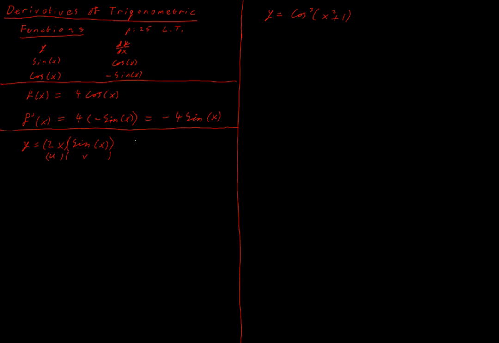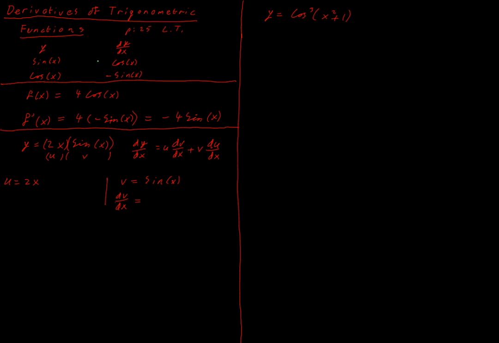I know that from page 25 in my log tables, dy dx is equal to u dv dx plus v du dx. And I always write that pattern down. Don't try and take it out of the log tables directly when you're doing your substitution. Write it down on the page. So let's write down our u explicitly and our v. So I have my u and my v. I know I need to get dv dx and du dx because I've written down my formula. So dv dx,